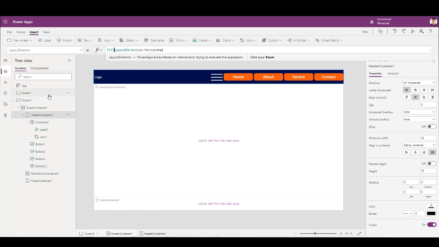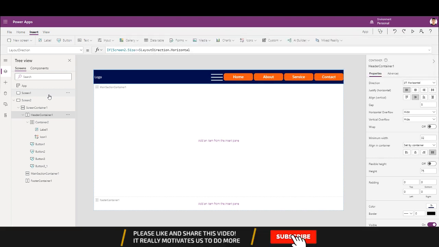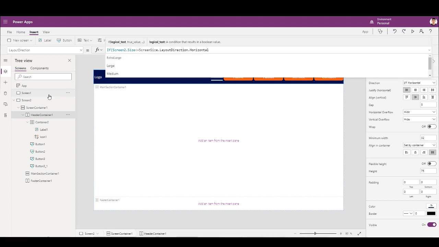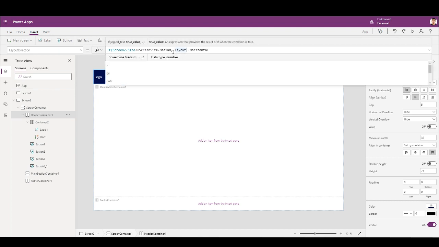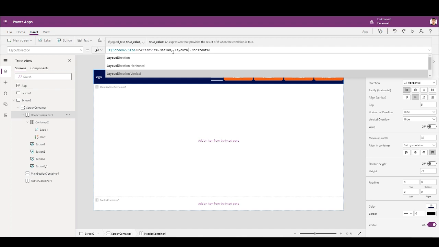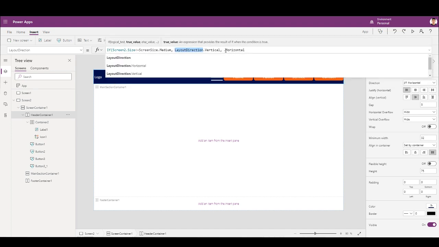So we are at screen 2, so if screen 2 dot size is less than or equal to screen size dot medium, then layout direction vertical. If not, layout direction would be horizontal.